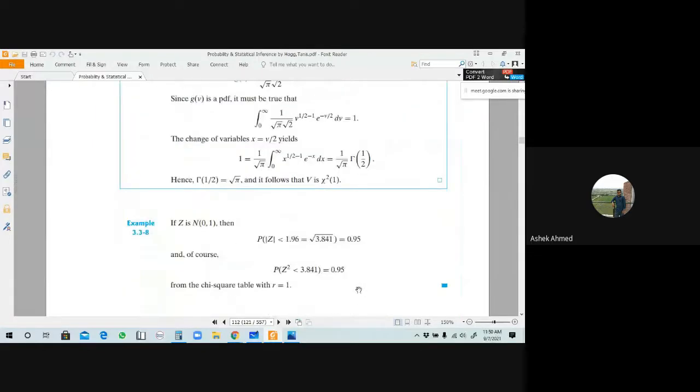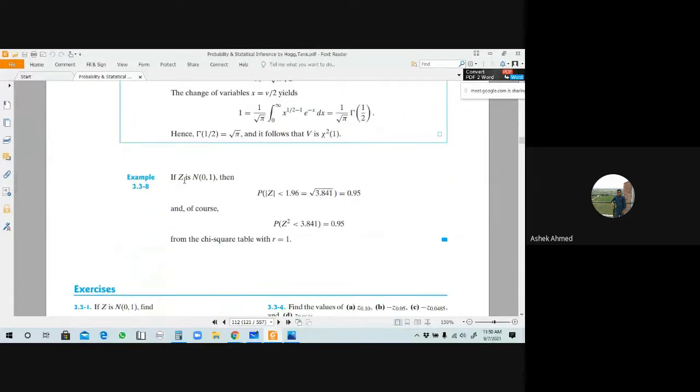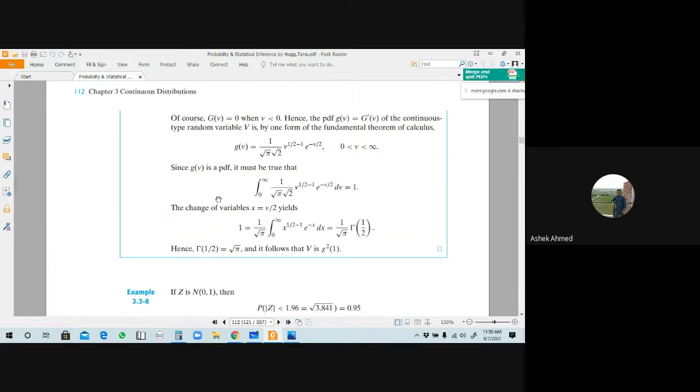The last problem is here. This is if z is a standard normal variable. From here, for solving this problem, you have to use the concept of chi-square distribution. But since we do not study about chi-square distribution, so we do not need to solve the example number 8 here. এখানে solve করার দরকার নাই। ওকে, এখানে তাহলে আমাদের example number 7 পর্যন্ত করলেই হবে।